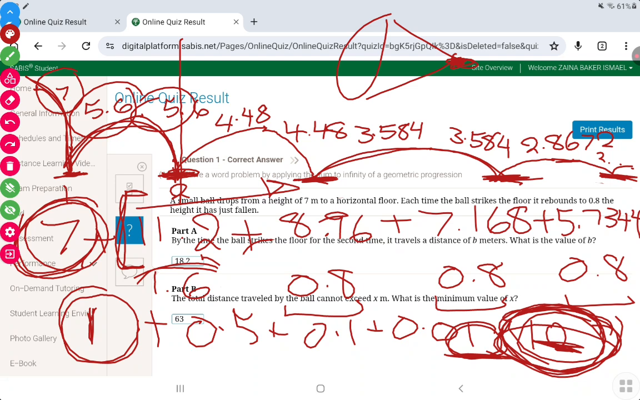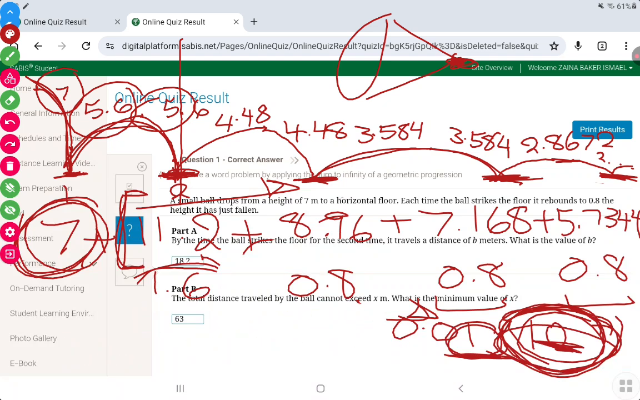This only works for converging. Converging, you start out big and you keep going smaller. You can only have a sum to infinity, you can only add up the numbers and have a limit for them, for converging. When it's diverging, you can never have a sum to infinity. Why? Because